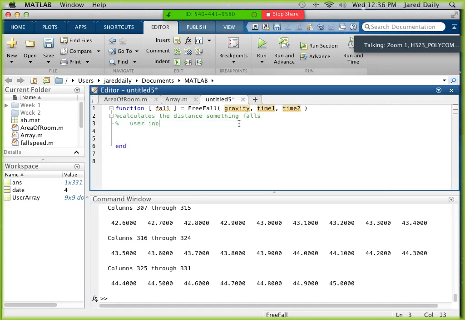User inputs gravity constant, beginning time and ending time. So that's kind of an explanation of what we're doing here. And let's start off by asking a question. Let's have the user input into gravity. So let gravity equal